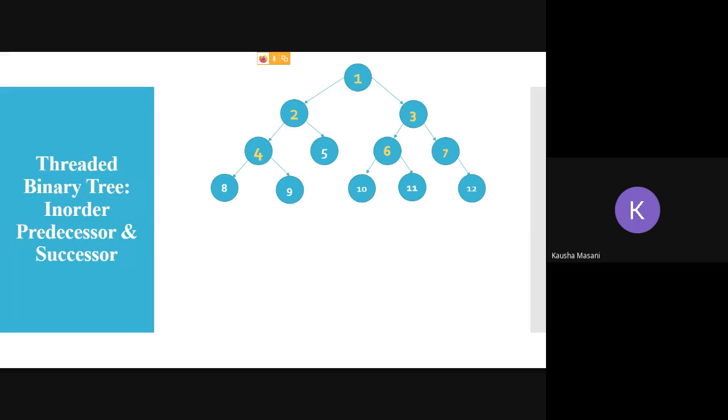One is your root node. Now if I go and find out the in order sequence of this, then what will it be? Can anyone tell me the in order sequence of this example?